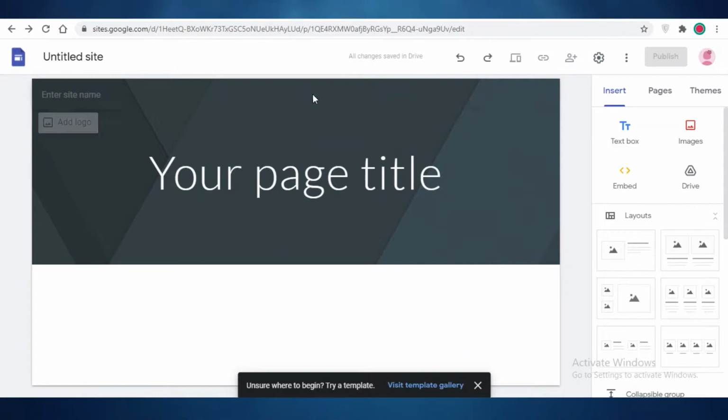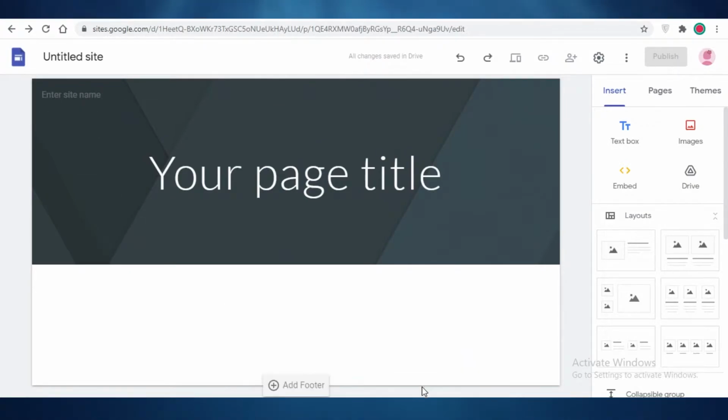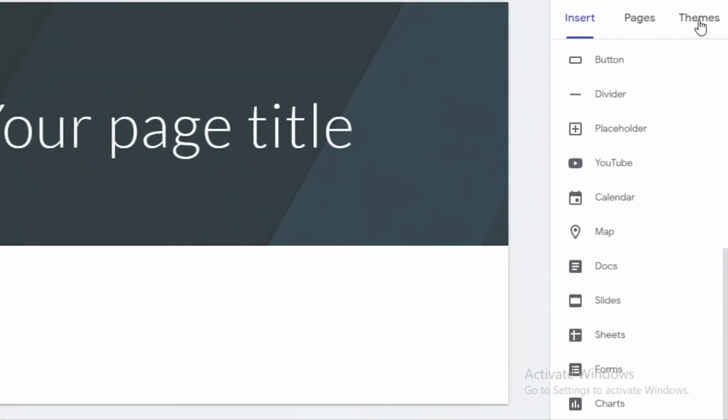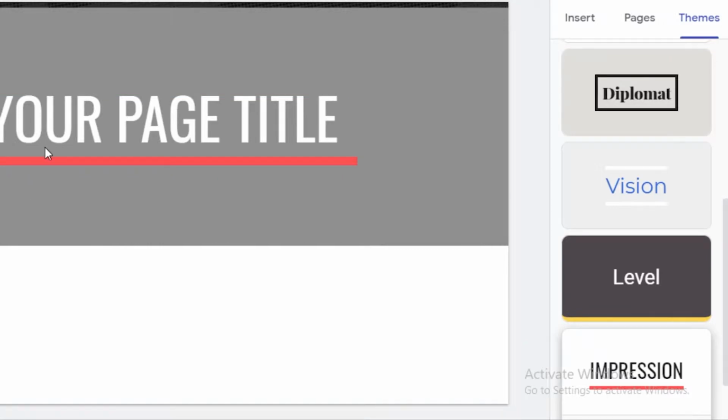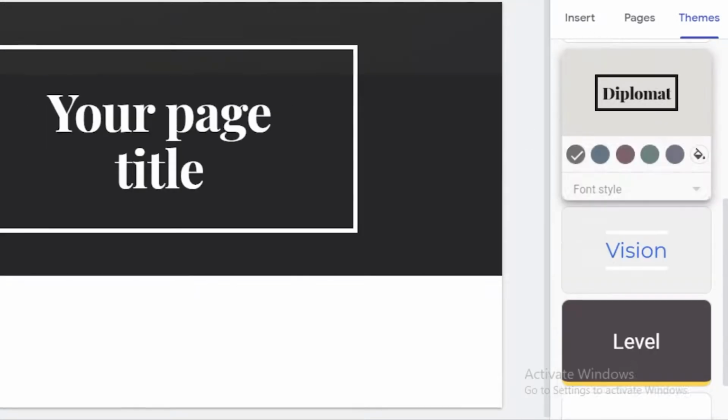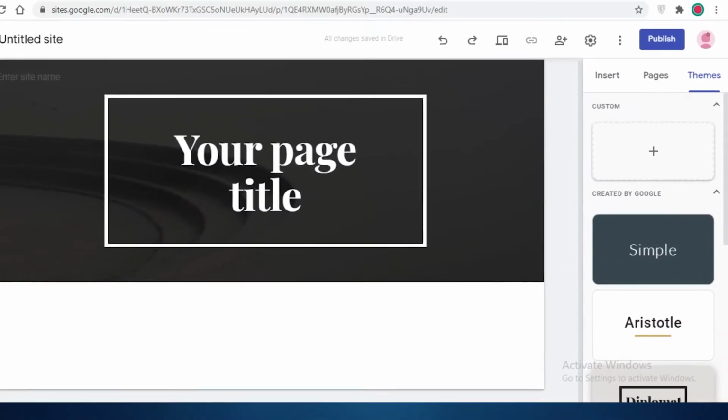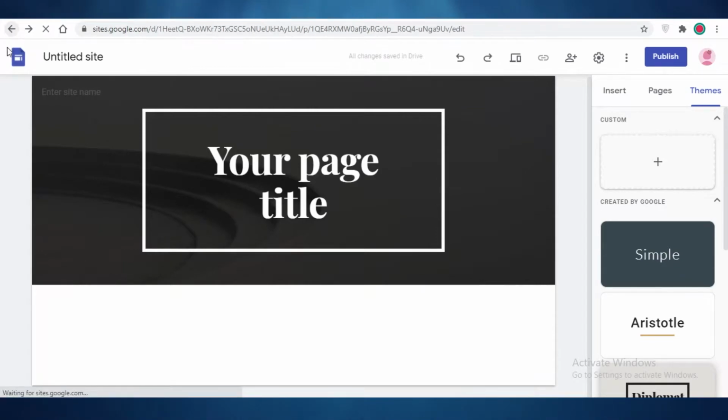Now, if you want to change your basic theme, you can visit their template gallery. So for that, you're just going to click over here and you can see some of the different themes that you can apply. So let's say if you want some of these themes, you can do that. Or Google Sites even has their own template gallery. So for that, you're going to go back into